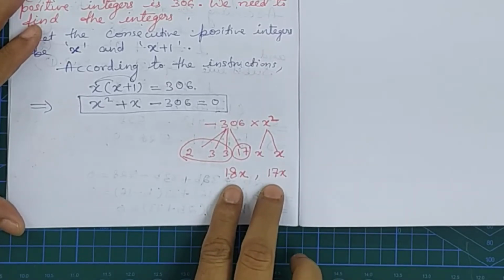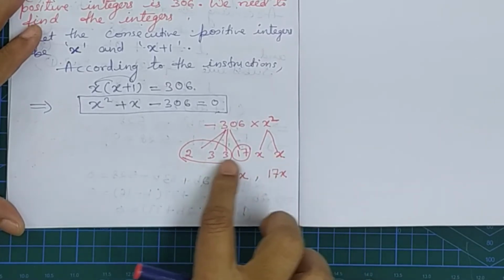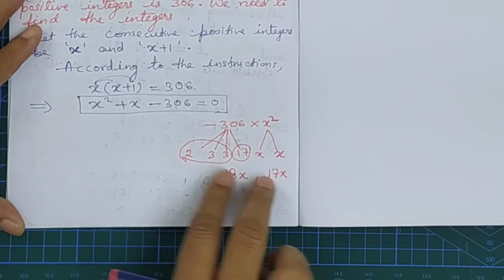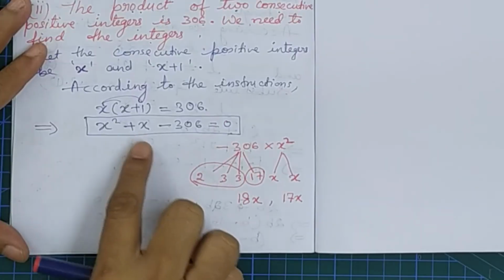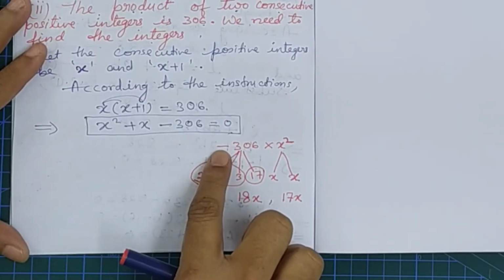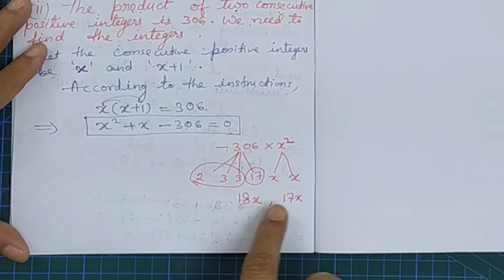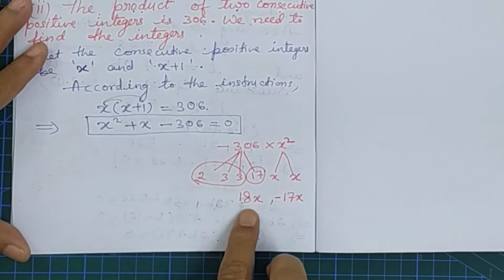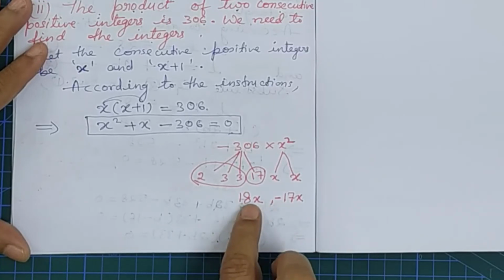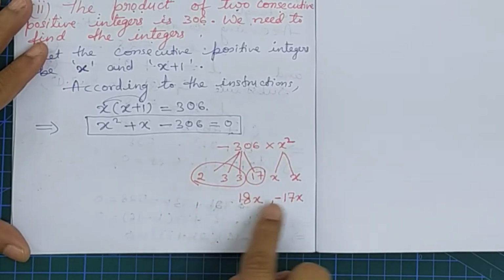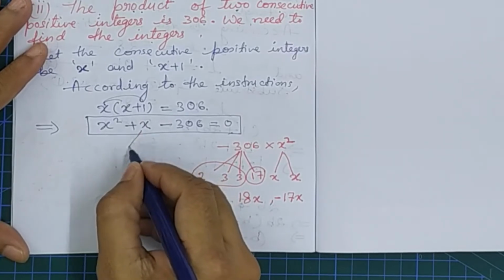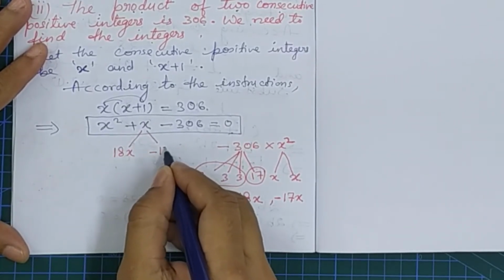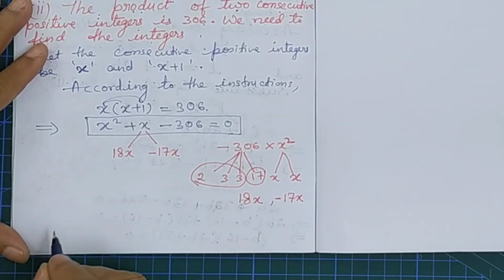So these are the two sets which have come out of these factors. How shall I use these two so that when I add, I get plus x? We will remember that there was a minus symbol also. This minus we have to attach here or here, so we better attach here. When we do so, 18x minus 17x. 18 minus 17 is 1, so 1x. So this is split as 18x minus 17x, so it is 1.